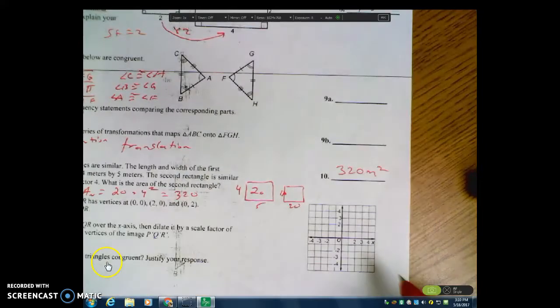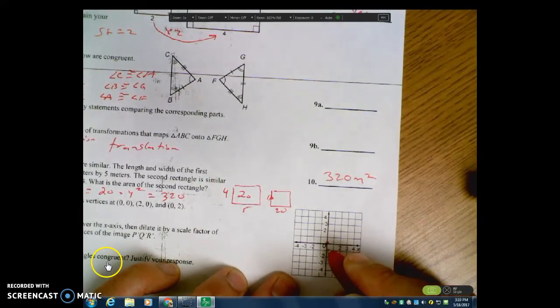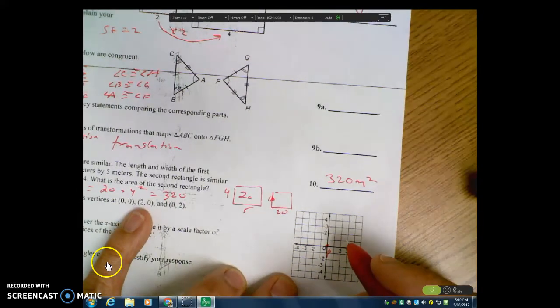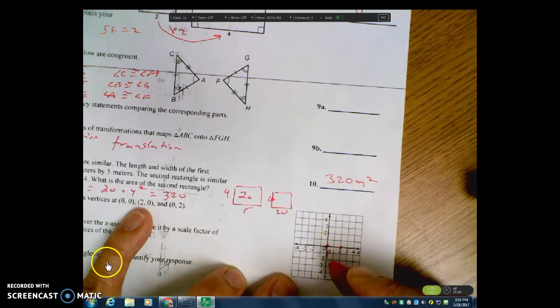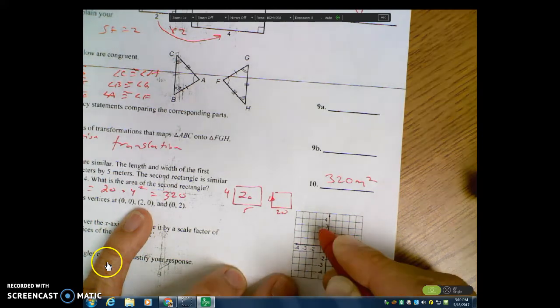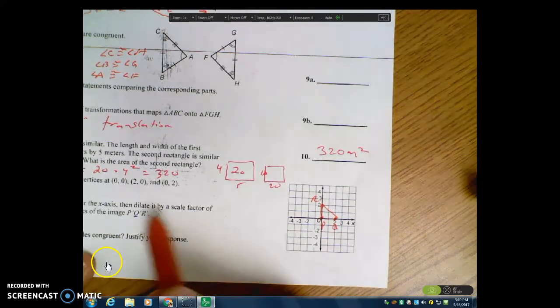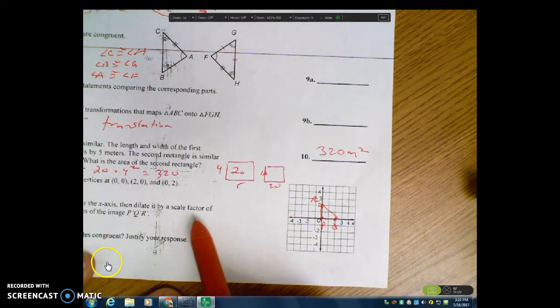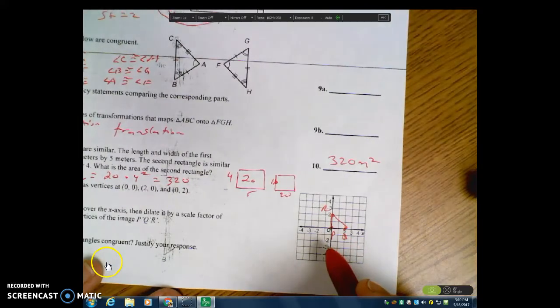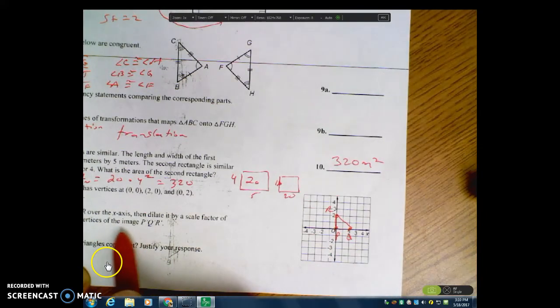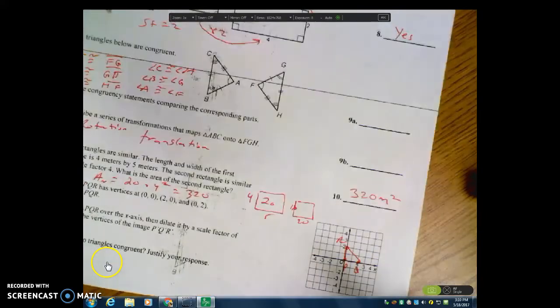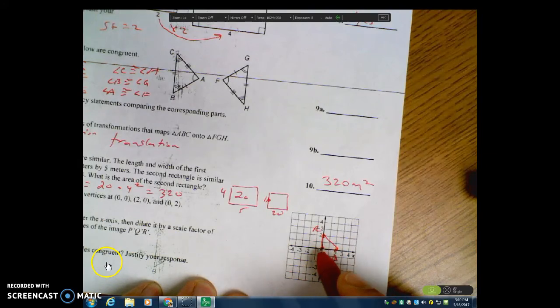All right, triangle PQR's vertices are P at 0, 0, Q at 2, 0, and R at 0, 2. I'm going to graph this: P, Q, R. All right. Reflect PQR over the x-axis, then dilate it by a scale factor of 2. So I'm going to reflect it and label the vertices of the image. All right. So if I reflect it over the x-axis, that's this one, these guys aren't going